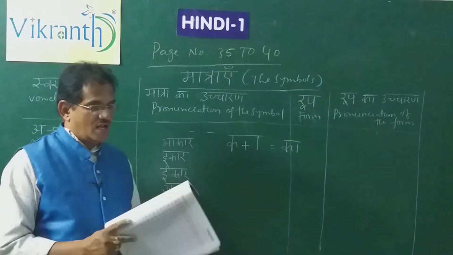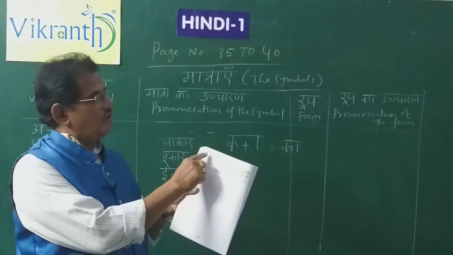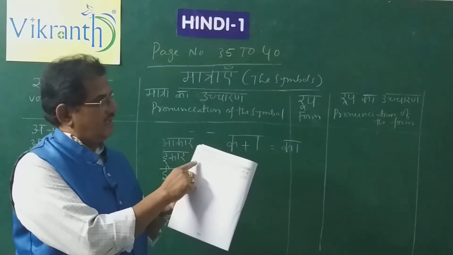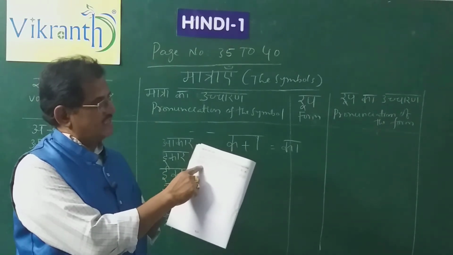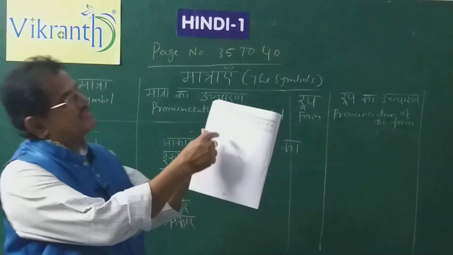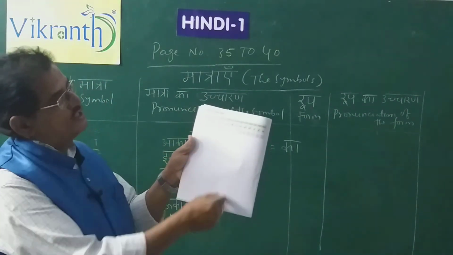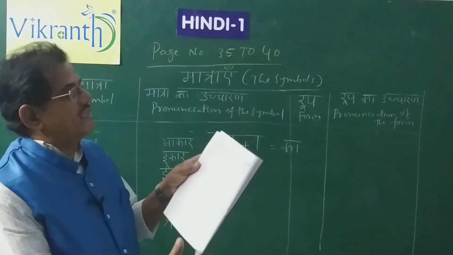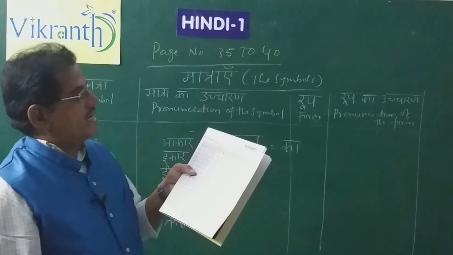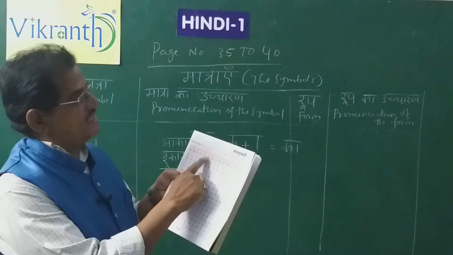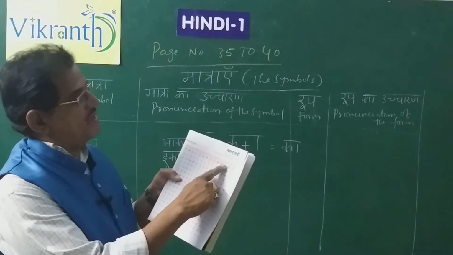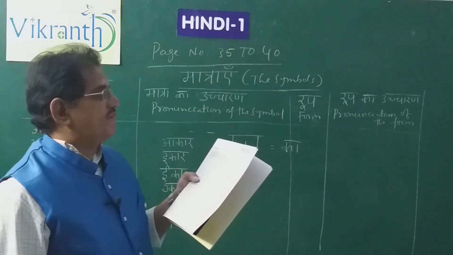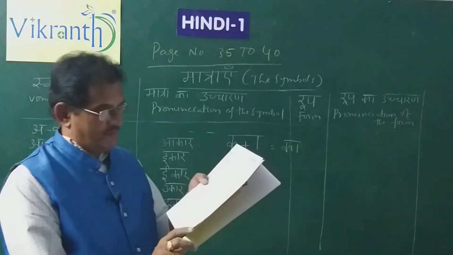You can see you are asked to write the padho or likho matraen. Read and write the symbols. There is no symbol there. You have to write the symbols there in the boxes given under that, so that you can easily understand the symbols, the matraen, when you write them in the bara khadi. See bara khadi, 1 2 3 4 5 6 7 8 9 10 11 12. The consonants of the Hindi alphabet combined with vowels are given there in page number 39.